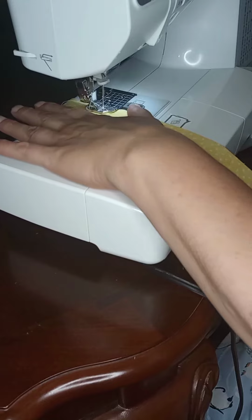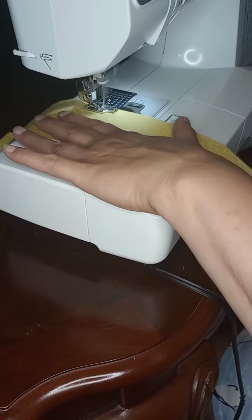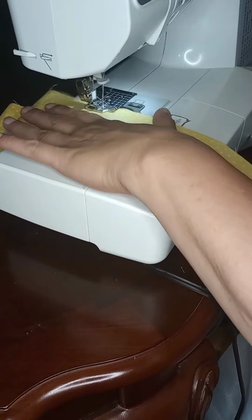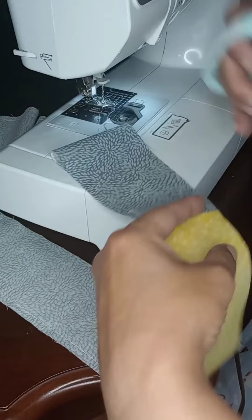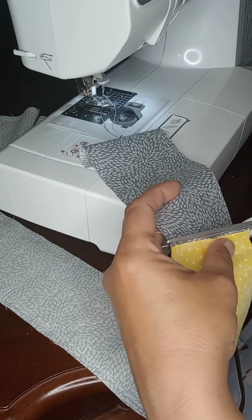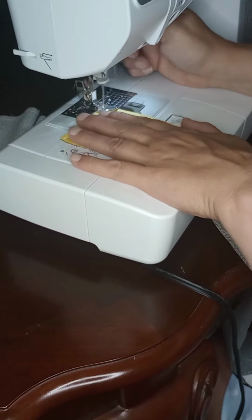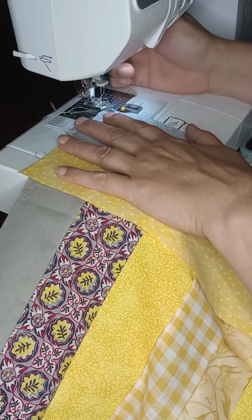It didn't show the sewing vertically, but this is going from the lengthways side by side, gray and yellow. Once again, it's kind of monotonous on this part, but it's only one strip, or the 2 strips together, one for each. One is always going to be longer. Well, I shouldn't say always, but because the manufacturers make different widths from selvage to selvage, then you'll have different lengths on it. So this is our 2 borders that are done,